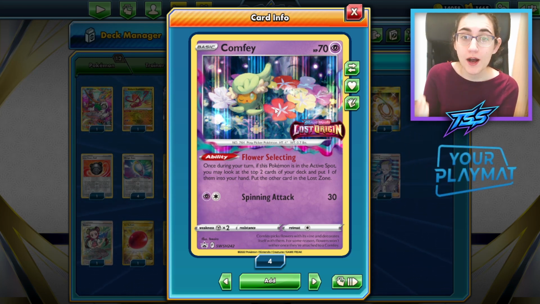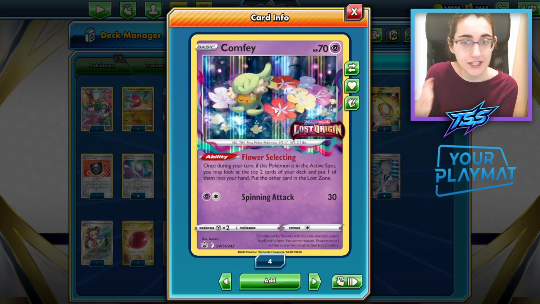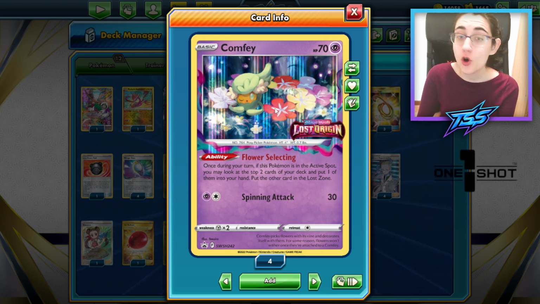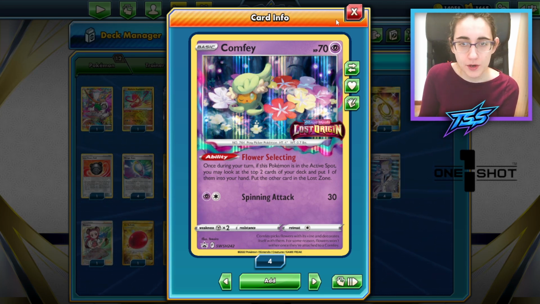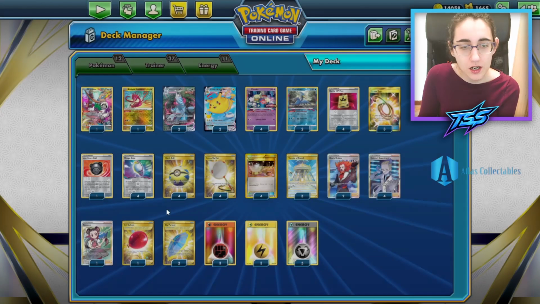Then how do you power them up? Because you are going to be missing the manual attachment, and that's huge. If you miss the manual attachment, you need another way to accelerate energies. And we do have a generic way to accelerate energies onto anything, which is the Lost Box mechanic. So that's why we are running Comfeys, we are running, of course, the Colress Experiment, which is here,